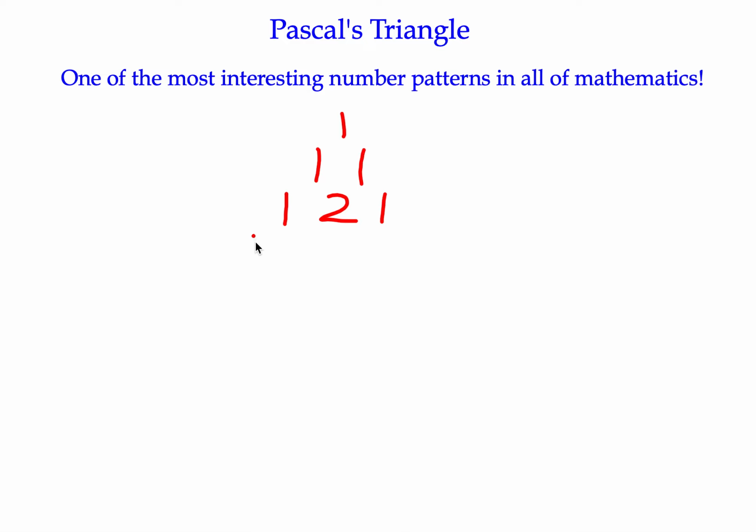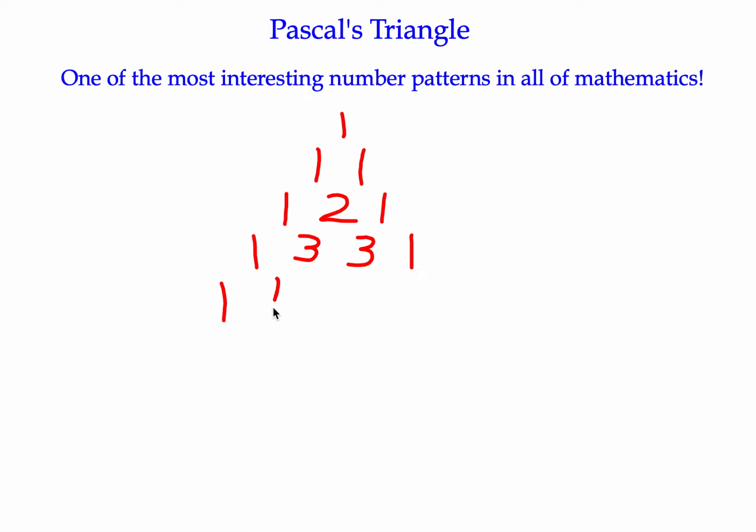But in between, where there are 2 numbers already in the row above, there's a 1 and a 2, we add, and we write down a 3 in between. The sum of the 2 numbers up above. 2 and 1 make 3, and then we've got a 1 at the end, because effectively there's a 0 there, so 1 and 0 still make 1. And so we keep going. You can extend this infinitely, you'll be excited to know.